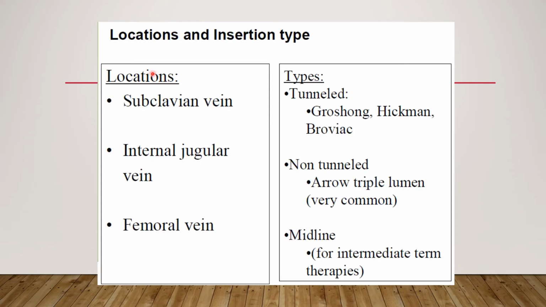So same thing, the locations, primary three locations are the subclavian vein, as the name says, subclavian, beneath the clavicle bone, the internal jugular vein in the neck, and the femoral vein. This is the lower body catheter. And the types: tunneled catheters are the long-term catheters, the Hickman, Groshong, Groshong. Non-tunneled are the central lines that we use commonly, Arrow or Vigon, whatever may be the company that we have, central line that we have in our ICU. And there are some midline catheters which are bigger catheters, and we do not use them a lot, or rarely in any medical ICUs.